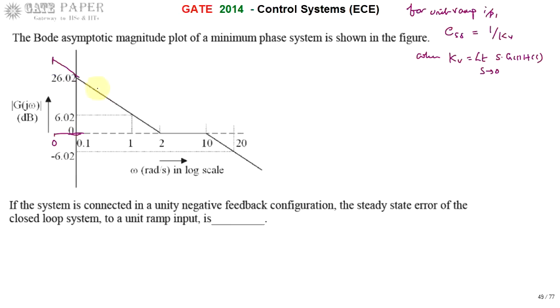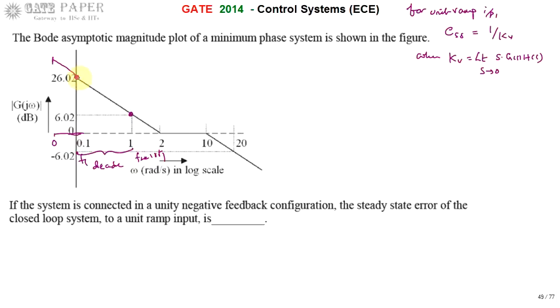Because if you calculate the slope for this straight line, it is dy by dx. You can think of this as one point and that as the second point. So the difference between these frequencies is going to be treated as a decade. Decade frequency is, if you assume it as f2 and the other f1, f2 is a decade frequency of f1, that is 10 times f1. If any frequency is 10 times the previous frequency, then it is called a decade. Decade means 10 times rise.